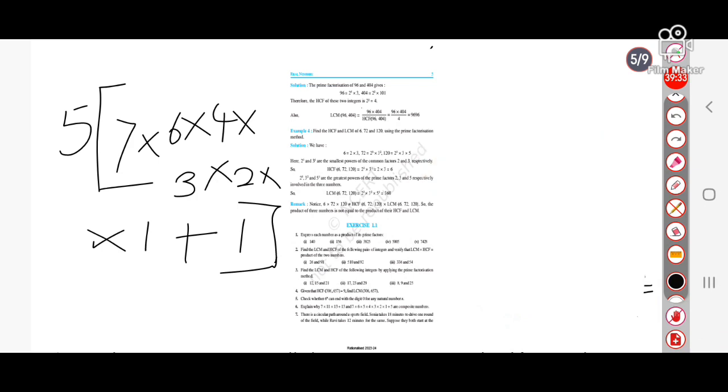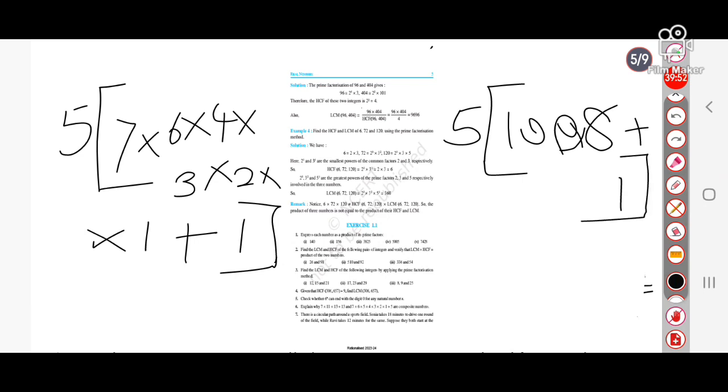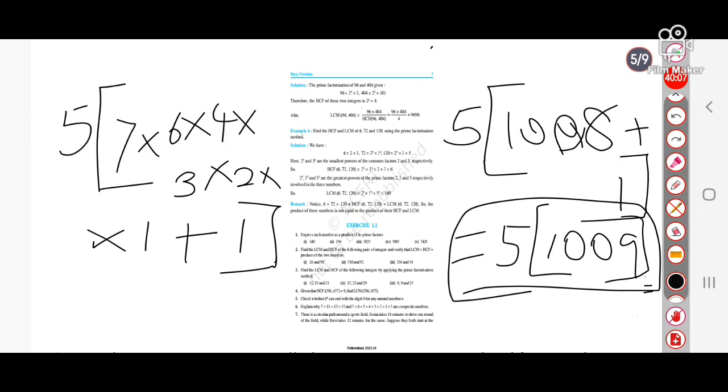I need to simplify this, so I'm multiplying the inside values. 7 cross 6 cross 4 cross 3 cross 2 cross 1. Again I arrive at a number, 1008. Okay, 1008, and this plus 1 should remain as it is. Now it is 5 cross 1009. The value we get is not needed, but by this we can arrive at something. See,